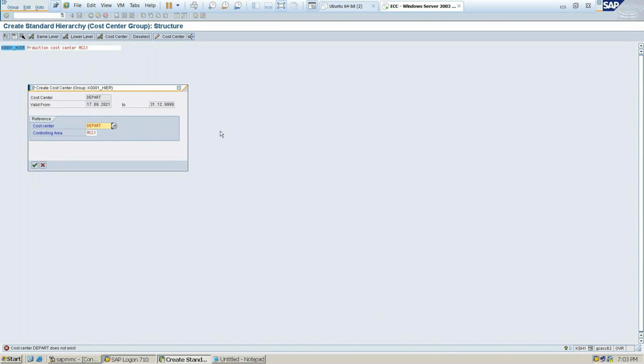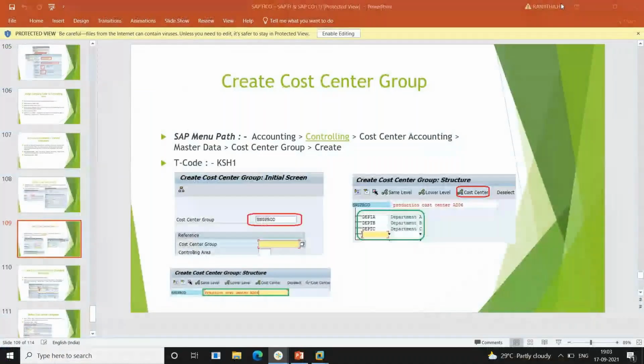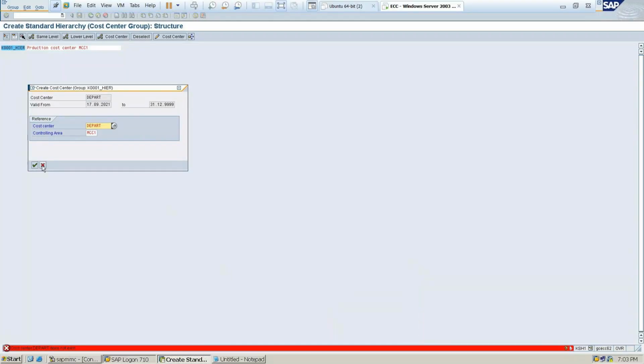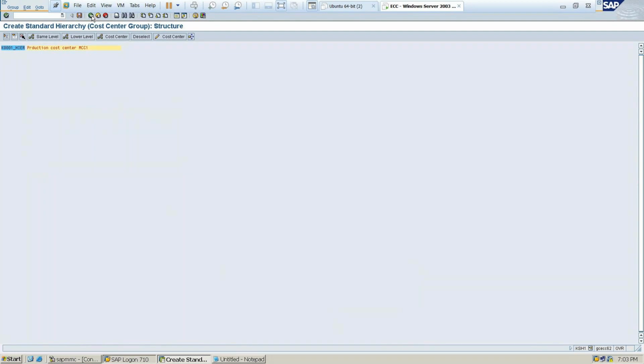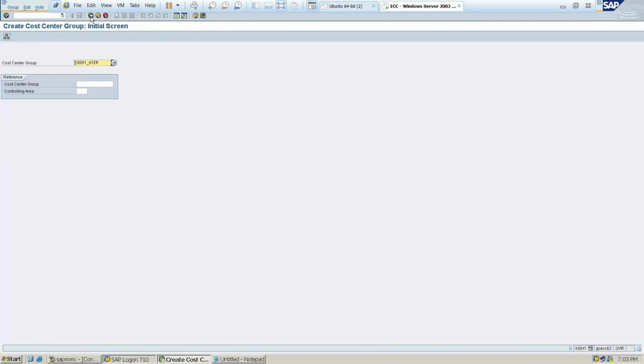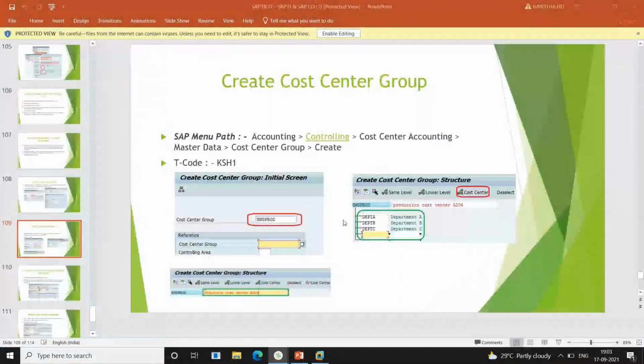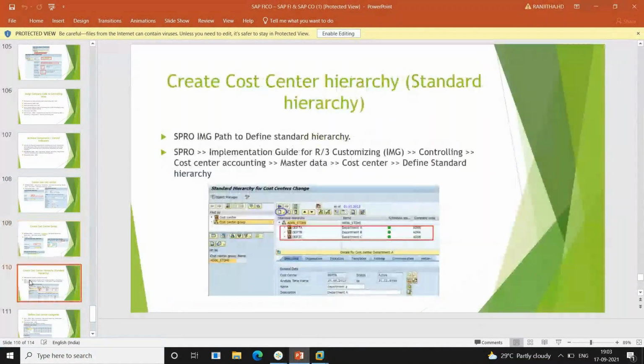Okay, I hope you have written. Then tick. So hierarchical standard to create it.